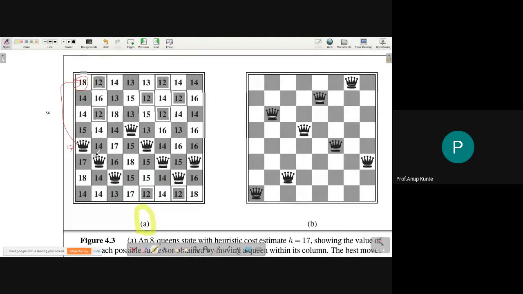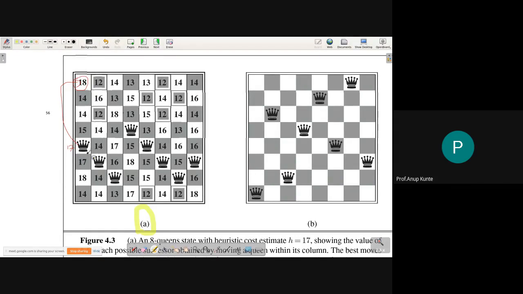There are certain pairs which are indirectly hitting. For instance, the column 1 queen is hitting the column 3 queen indirectly because there is a queen between them. If that queen was not there, they would hit each other. So even those pairs I'm counting: pairs of queens that are directly or indirectly attacking each other. Column 1 and column 3 is an indirect pair. Column 1 and column 2 are a direct pair. So column 1 attacks column 2, which attacks column 3, so the column 1 queen attacks column 3. This is also an explanation of indirectly attacking queens.